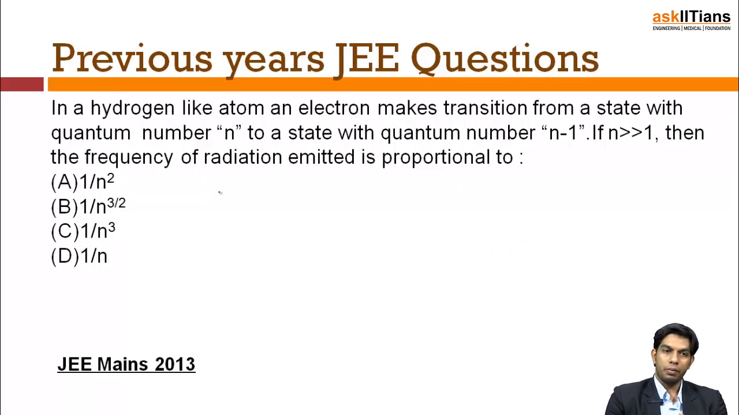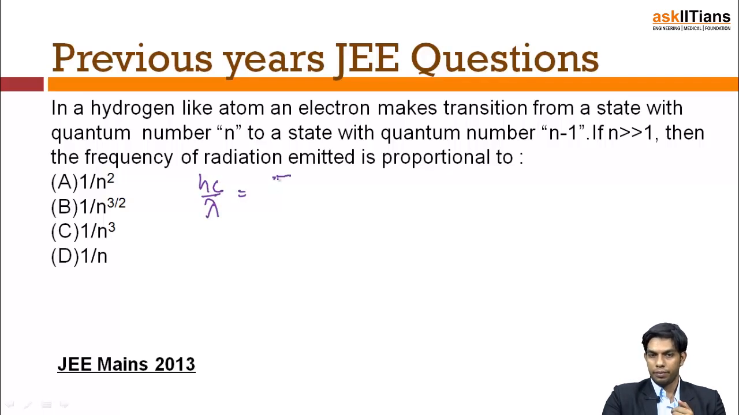Going on. In a hydrogen-like atom, an electron makes a transition from a state with quantum number n to a state with quantum number n minus 1. If n is much larger than 1, then the frequency of the radiation emitted is proportional to. Now, the energy associated with a particular level, let's say it's making a transition, so it's Hc by lambda